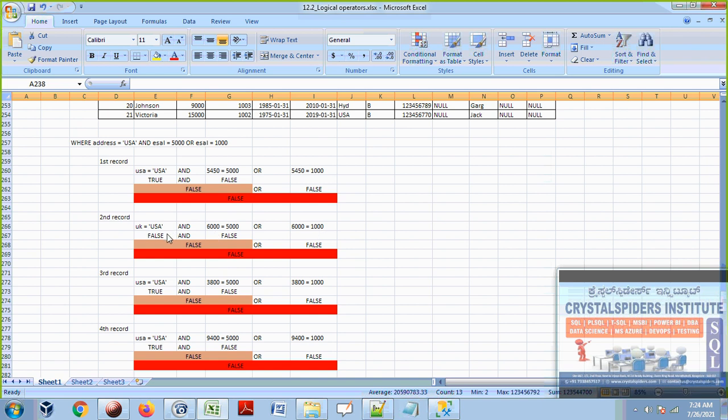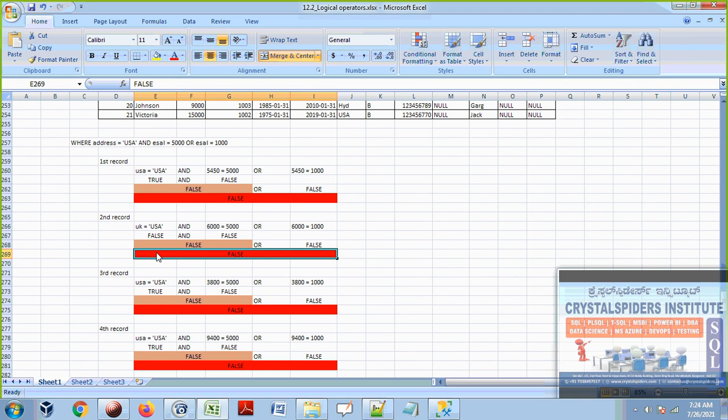UK equal to USA, that is false, and 6000 equal to 5000, that is also false. False and false, finally that is false. Or 6000 equal to 1000, that is also false. False or false, finally it is false.